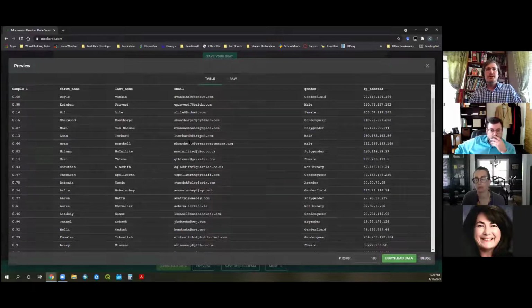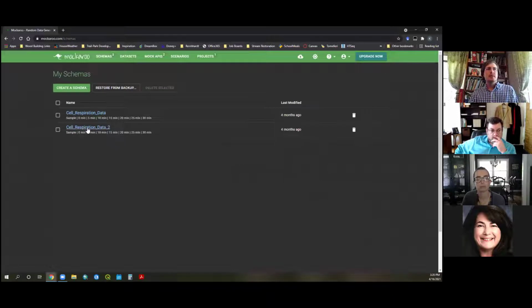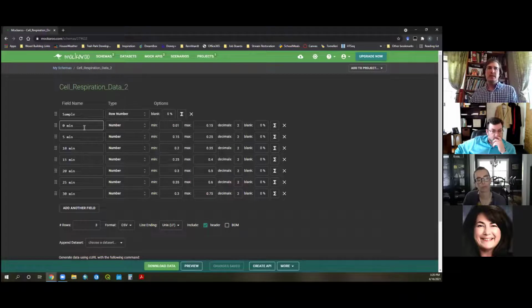All right, so let's close and actually look at something that I developed. So here is data that I developed, a schema that I developed for a cell respiration lab that we have. And so cell respiration lab is a big thing in our intro biology labs because students write lab reports on this data.